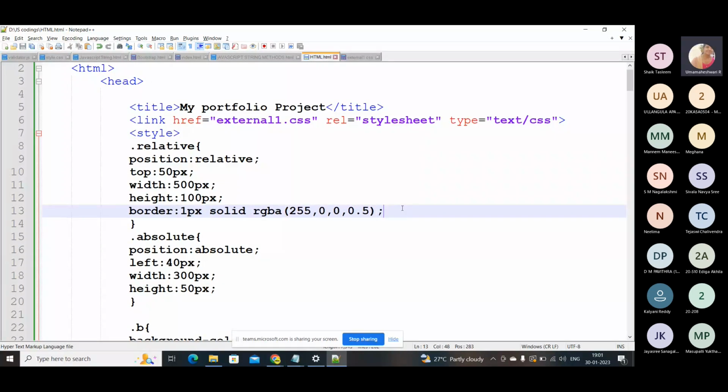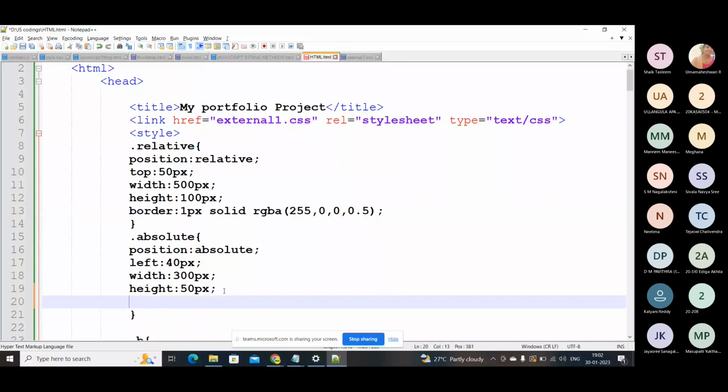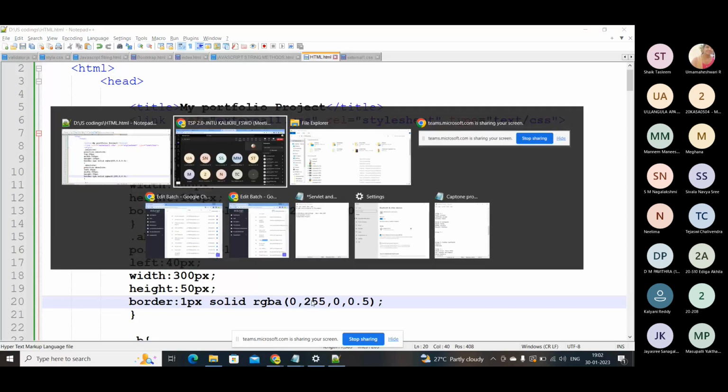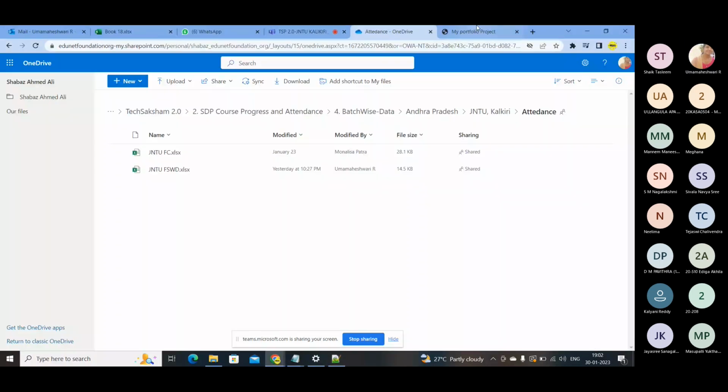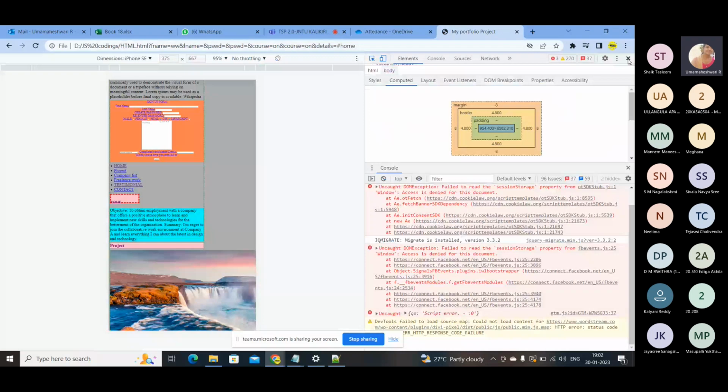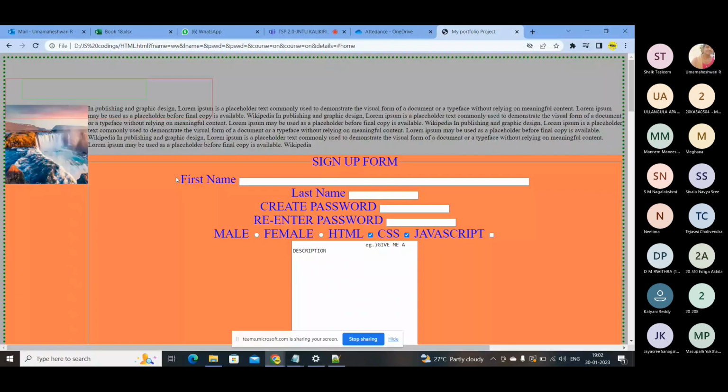And then just copying this, I also want some green color. So if you run this, at the top, it has some 50 pixels, and within this